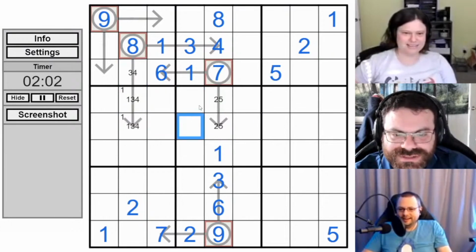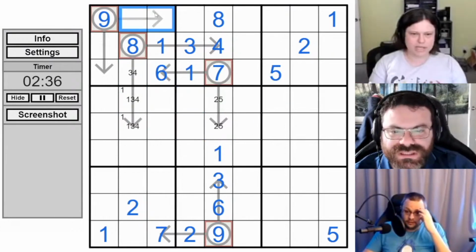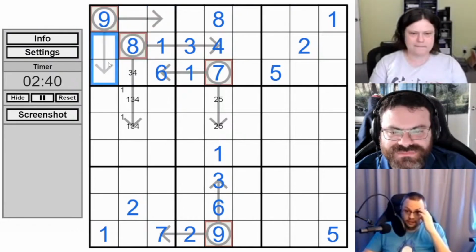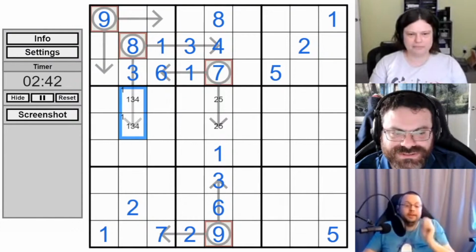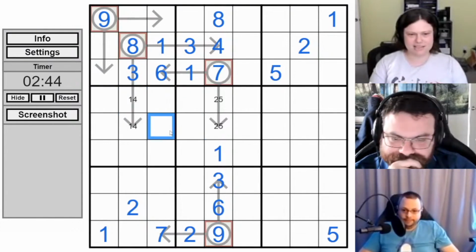Do we get any of this other stuff? Oh, so this is 2 ways to add to 9 up to there. We can't use the 6, so the 3 has to be off of the arrows. So 3 goes there. Yes, beautiful. Okay, I really like that. Yeah, that's very clever. That's good. Yeah, I'm happy.